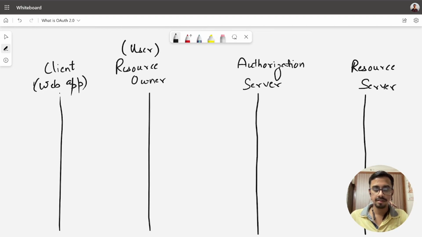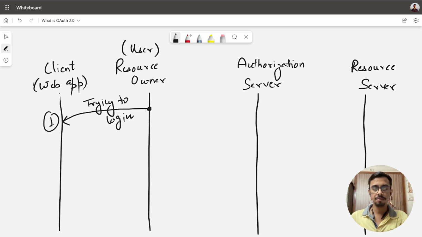The first point, or you can say the starting point of the OAuth flow, is the user. It is the user who wants to log in into the web app using Google login or Google OAuth or any OAuth, I would say, right? So over here, the first step is that the user is trying to log in into the web app. This is the first step.